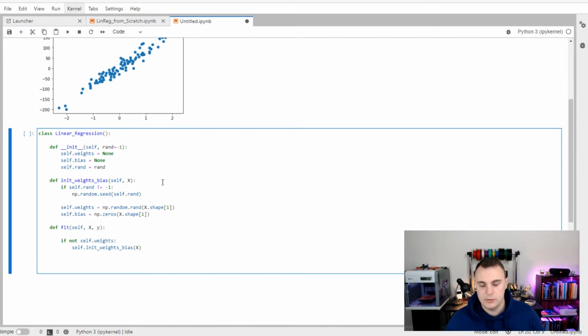Now we need to go through however many iterations we want, and I'm going to make that a parameter that you can input into the fit function. It's going to be the epochs, and I'm just going to default that to 10,000. So that's however many iterations we're going to train our model on the training data, how many times we're going to go through the training data. Now to do that, we're going to do a for loop. So for epoch in epochs,